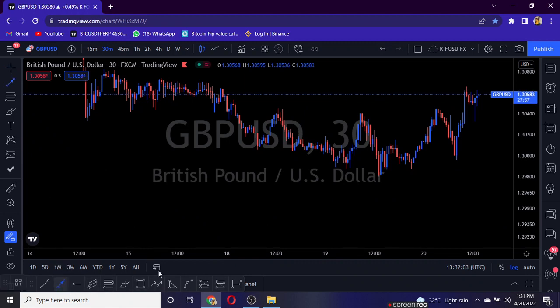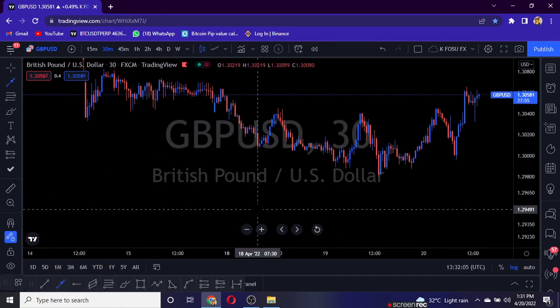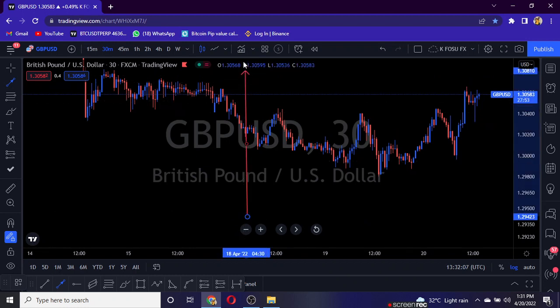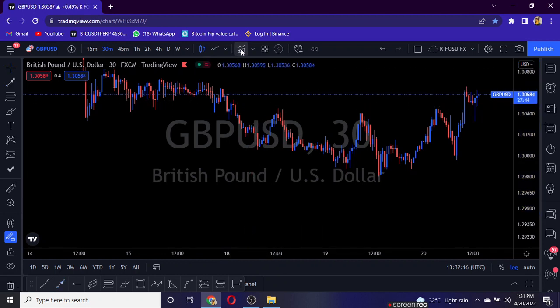How to use indicators. These two here, okay? Indicators, metrics, and then strategies. That is where you are going to see your indicators. So you click on it. Click on the indicator tools, and then